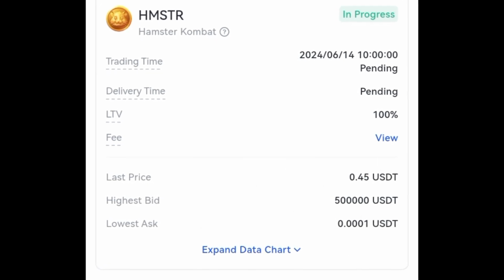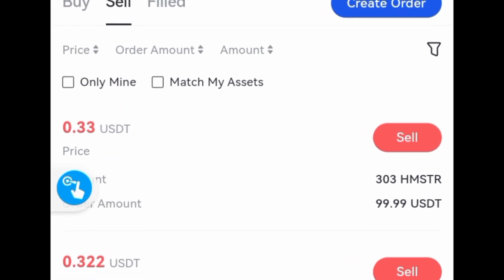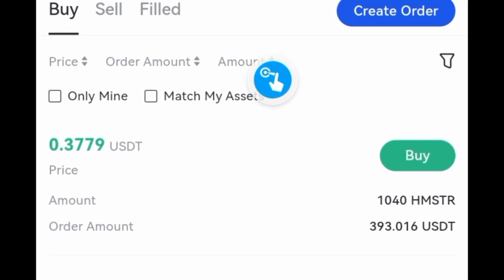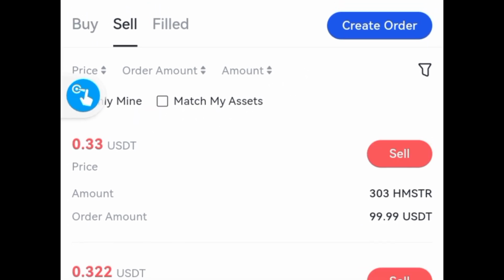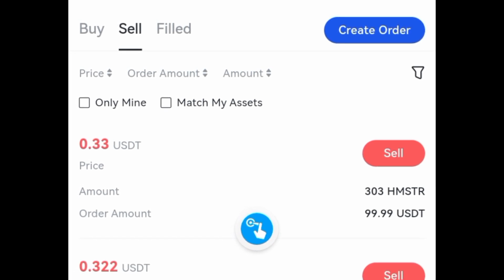Okay, so what can we do here? You can actually sell Hamster here or buy Hamster. But before I go into further details, let's address a few questions you might be asking right now. One of them might be, why would somebody want to sell their Hamster Kombat token, even though the tokens have not yet been airdropped? Well, the simple answer to that question is, it is possible that when Hamster lists on exchanges,